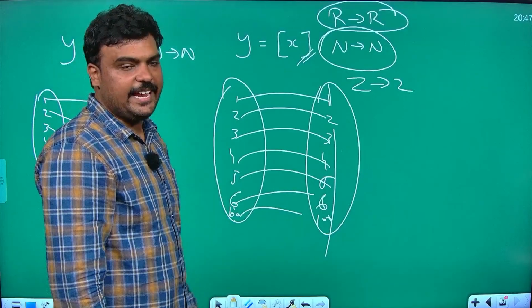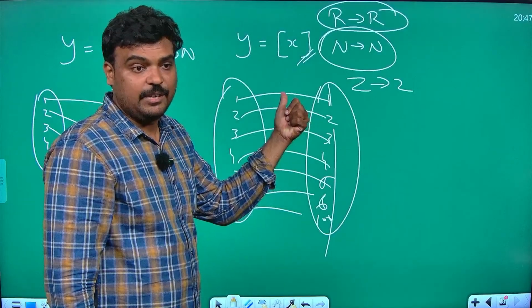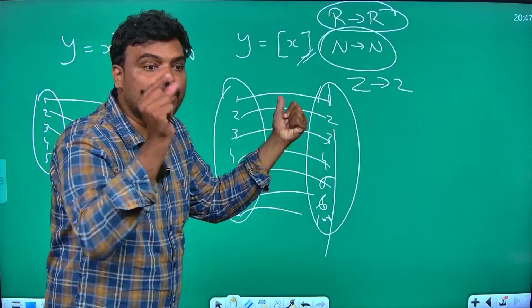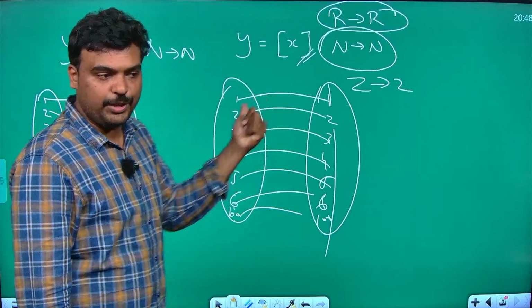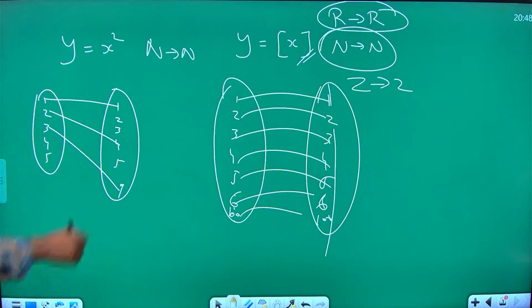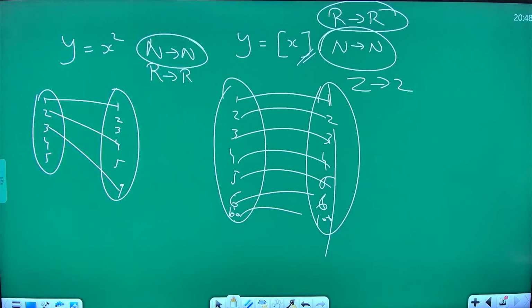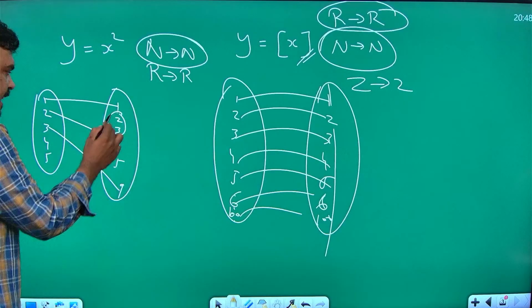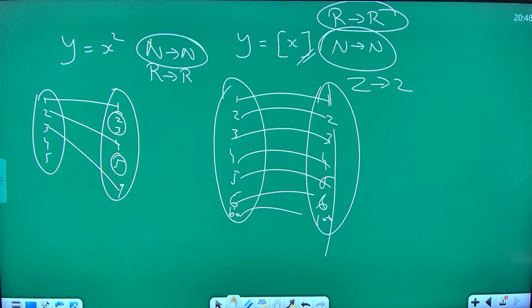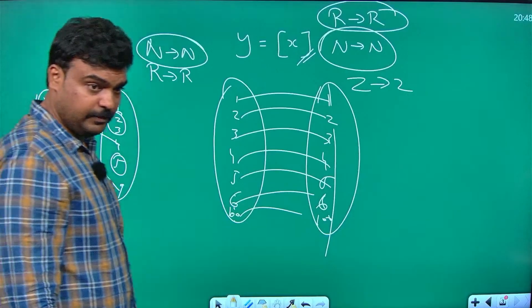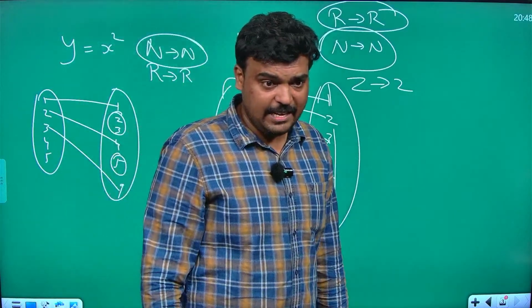Understood? This is only the name, greatest integer function, but what does the number given inside do? It reduces it. Understood? So, sir, now if I say real to real, okay, first natural to natural. So natural to natural, I come to know it's a one-to-one function. Is it an onto function? No. Why? Because imperfect square numbers will not be mapped.